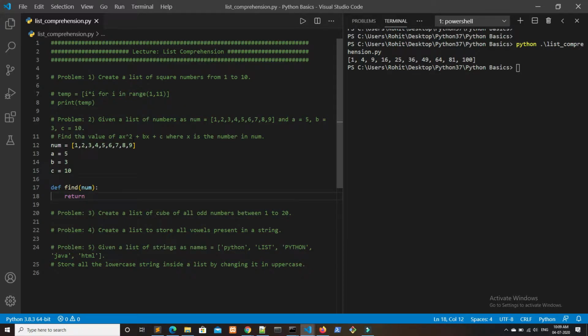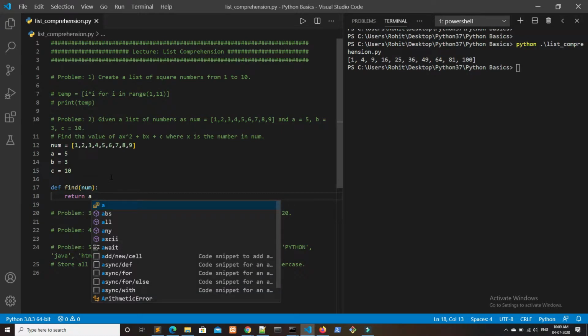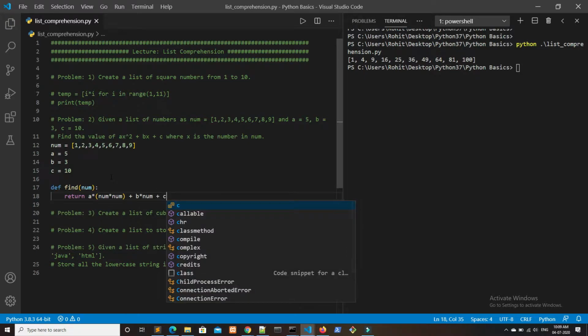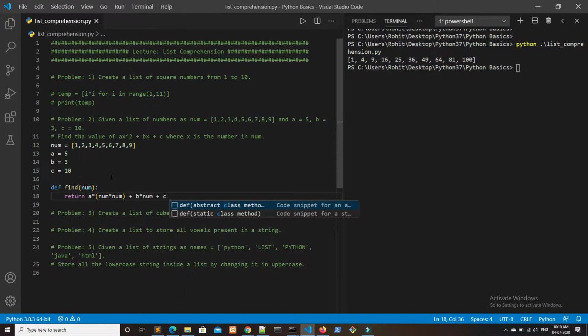Where x is here num, so we have to write a multiplied by the square of num, that is num into num, and b into num plus c. So this function will return the value of a num square plus b num plus c.